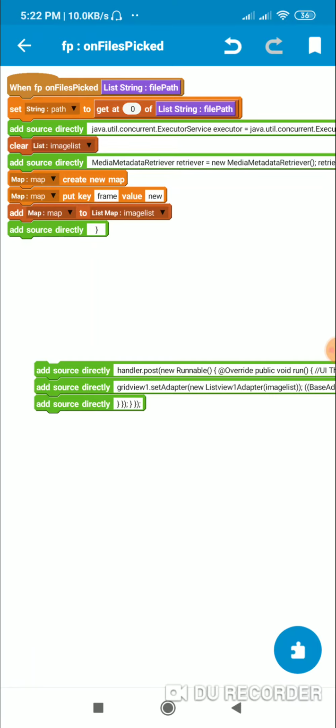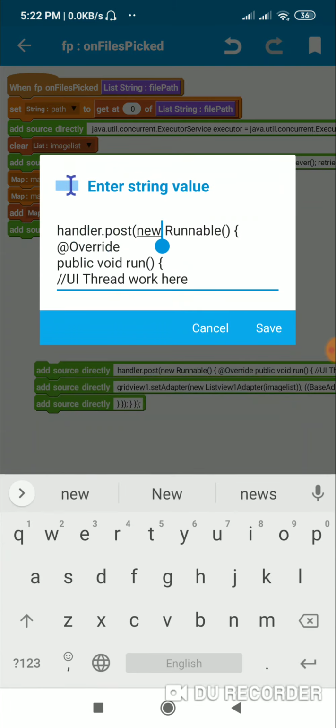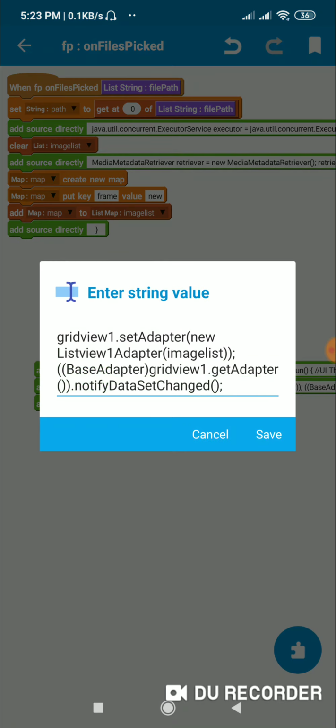And once we have performed the background task, then we have to use handler.post(new Runnable() { @Override public void run() {. Here we can put the code which is to be executed after the background task is over. So after I have received all the frames from the video, I display them in a grid view by using this code.